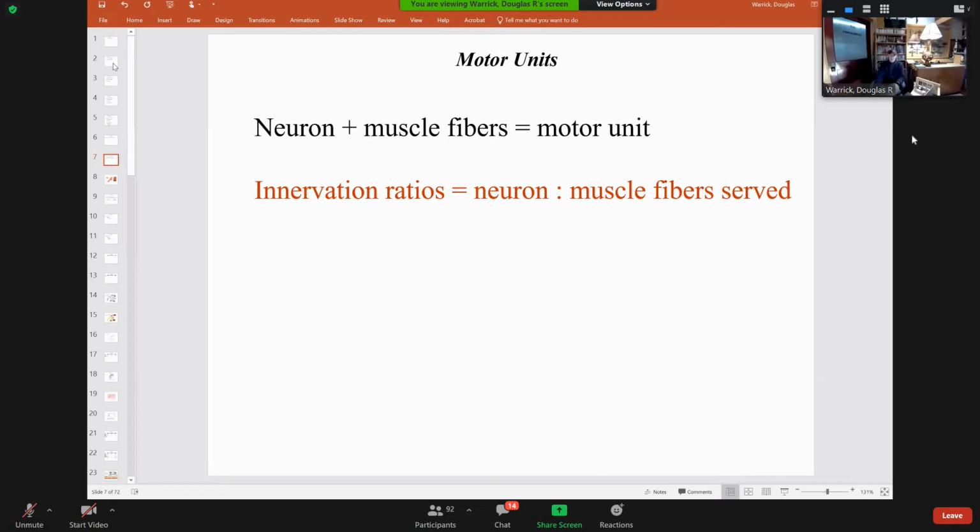Thinking about this, you have to remember that every muscle cell needs a neuron, but every muscle fiber doesn't need its own neuron. Let's put it that way. So in other words,